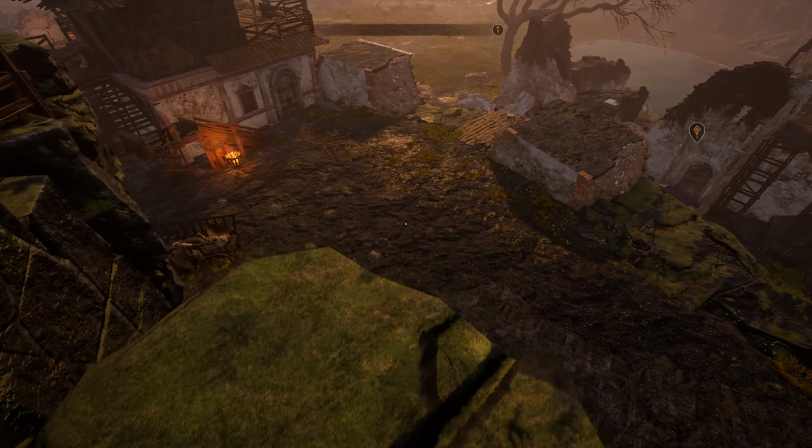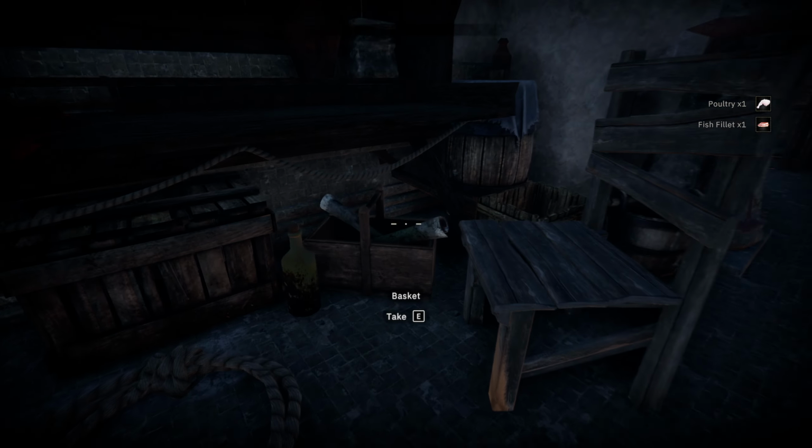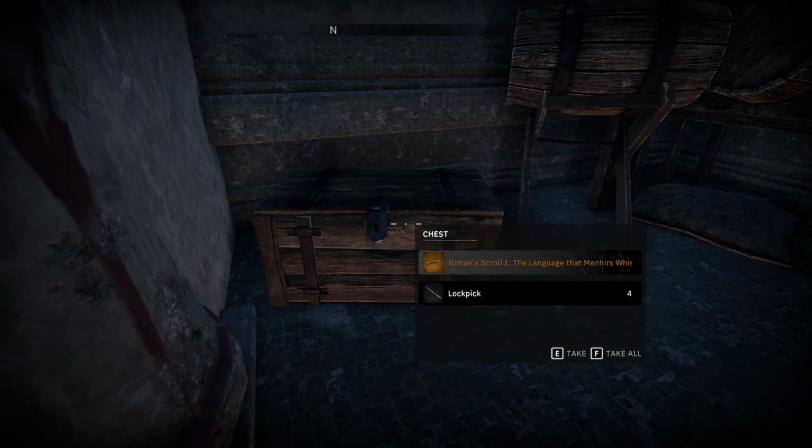Yes, please, on the sharpening stones. Take all this stuff for cooking. Get the skill tree leveled up. I did finally get my first ability to 100 in this game too. I got one-handed up, which didn't give me anything special really. I don't think there's...